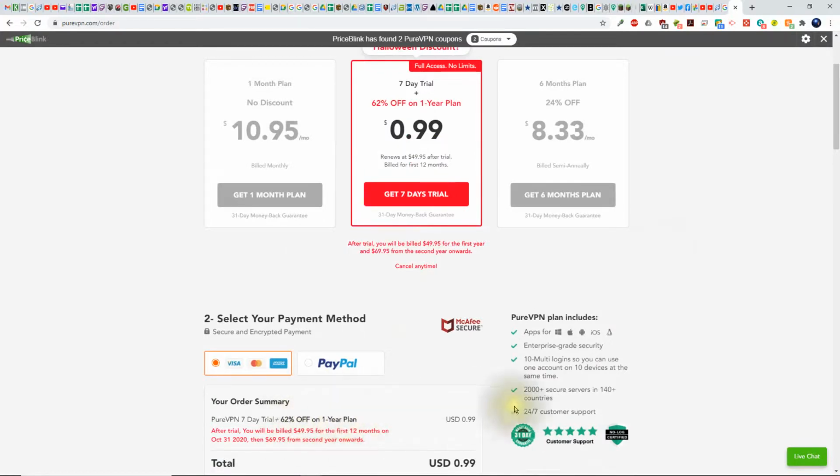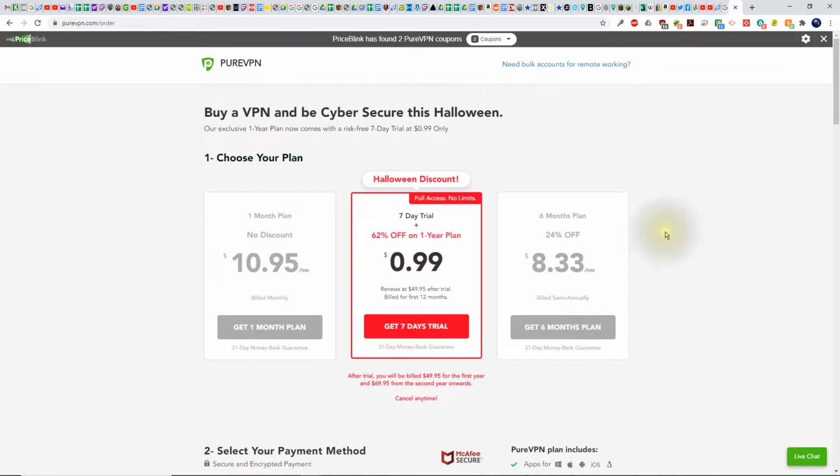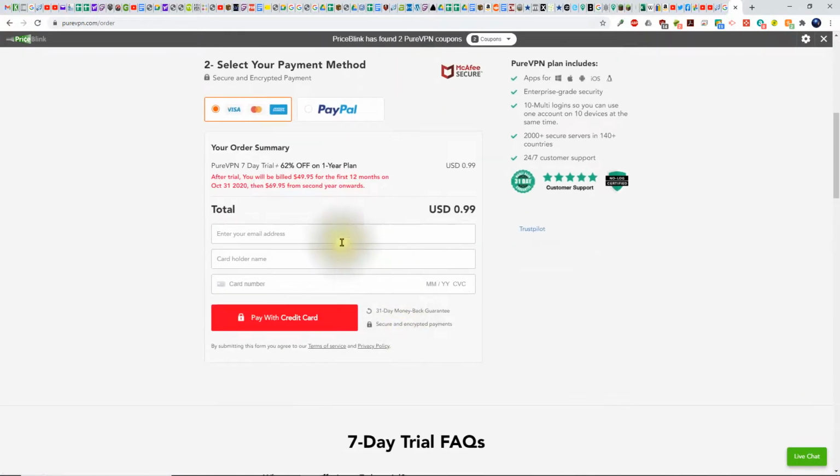You can actually save more money. But let's just say that you wanted to try it out and click on the 99-cent version here. So let's click on 99 cents. And it comes down to here. Now what you can do is, you notice that there's different ways to buy your account here. And one is, of course, going with a Visa or your other types of credit cards. You can also use PayPal.